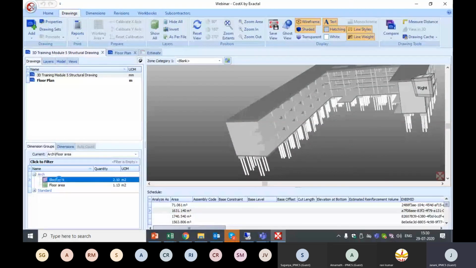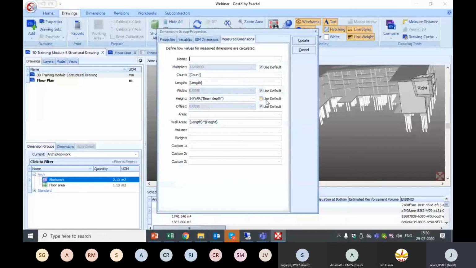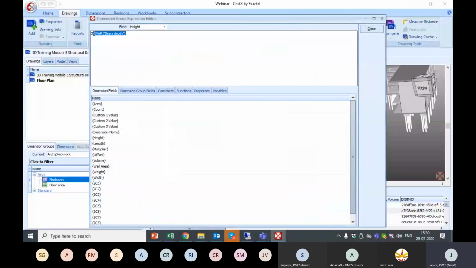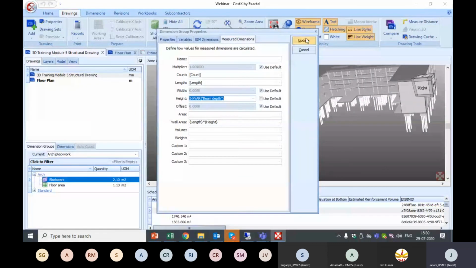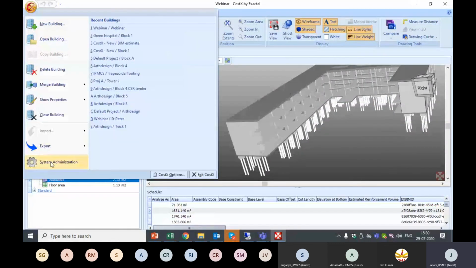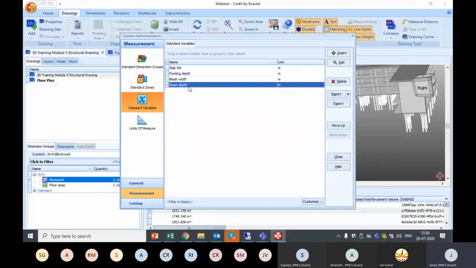For calculating the block work quantity, I have used a variable. Under the measure dimensions tab, you can see for height, I have deducted the beam depth using a variable option, which will be accessed from the variable. Now when I want to add or edit this variable, if I want to add two or three variables, I have to access the variable option from system administration, measurement, standard variables. Then I have to add